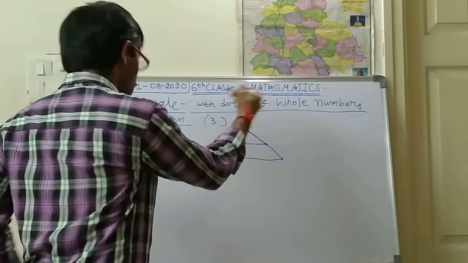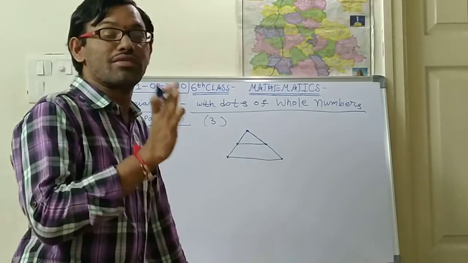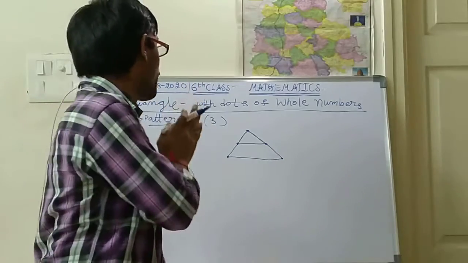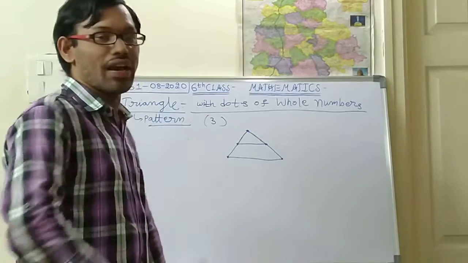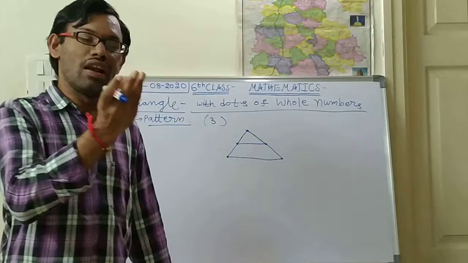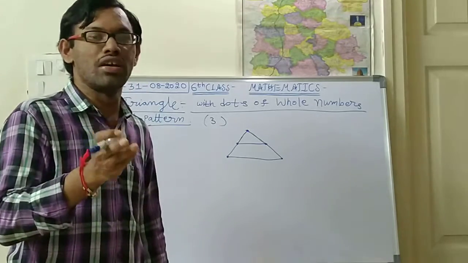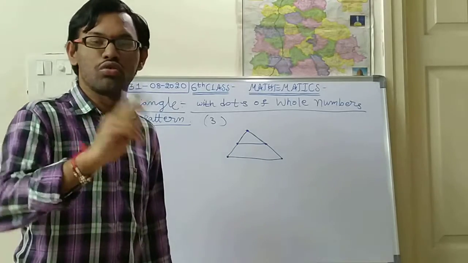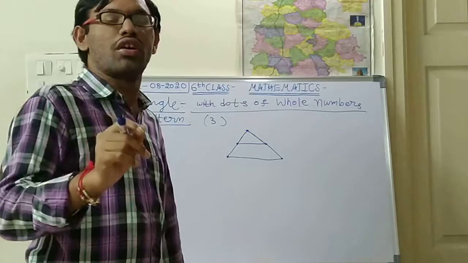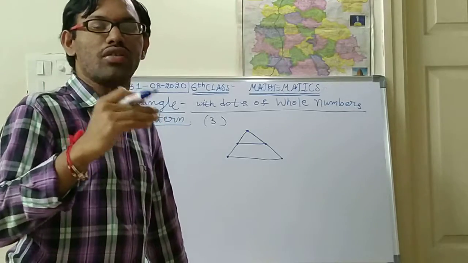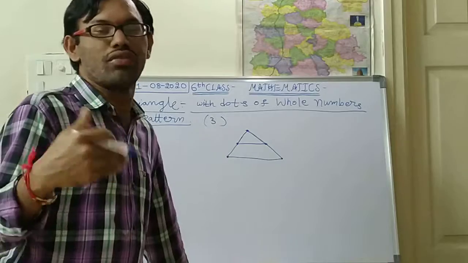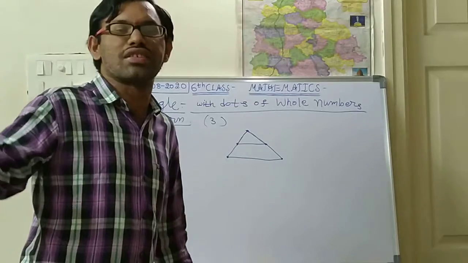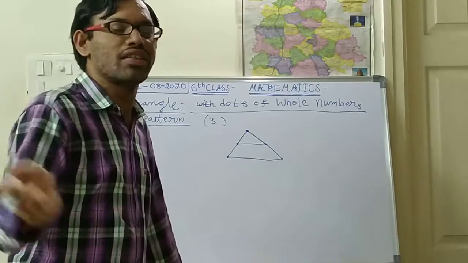So that means more than 3 we can take, but there is a specific number. There is a proper number of dots to form the triangle. Like we have seen in yesterday's class, like line, rectangle, square. Square means only perfect squares are coming. Perfect numbers are coming. Okay, that means 4 dots only we can form a square. Next 16. With 16 dots we can form a square. So like that 4, 16, 25, 36, 49 like that we have taken.